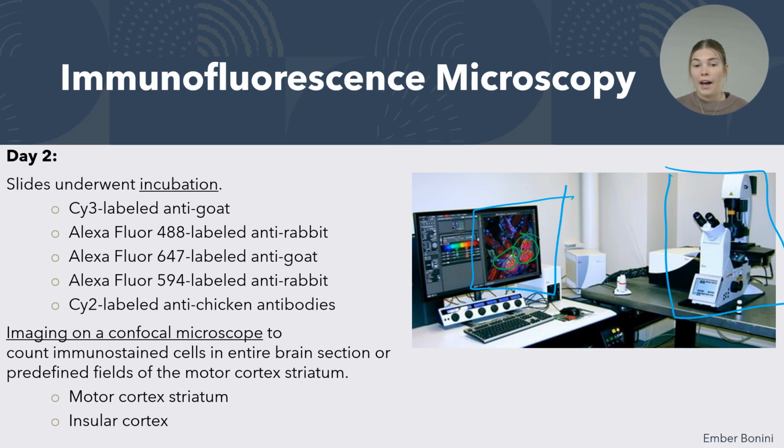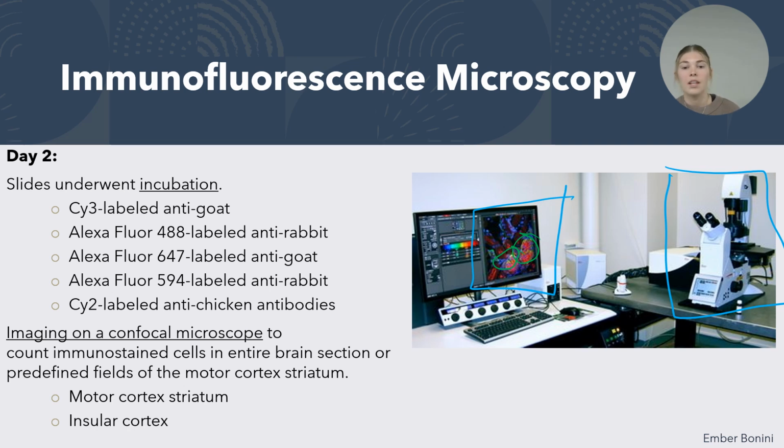So in here we have our Cy3-labeled anti-goat, we have Alexa Fluor 488-labeled anti-rabbit, 647 is another form of anti-goat, this one is just using that Alexa Fluor, we have 594 anti-rabbit, and then we also have Cy2, which is anti-chicken antibodies, and then these are just different forms that the slides are going through, so that way they can test and see what the different results and reactions are going to be to those wild